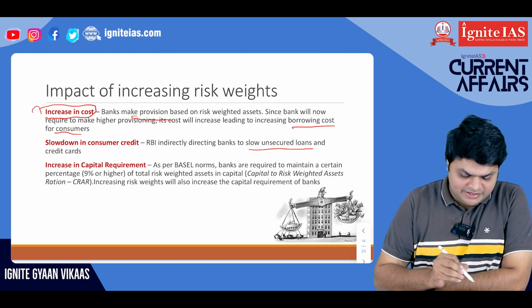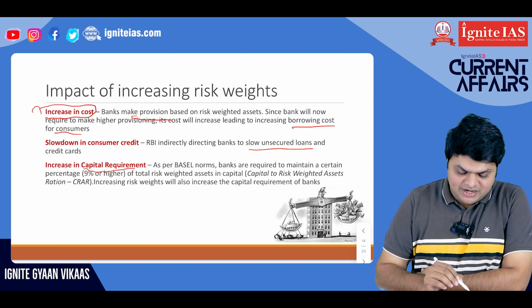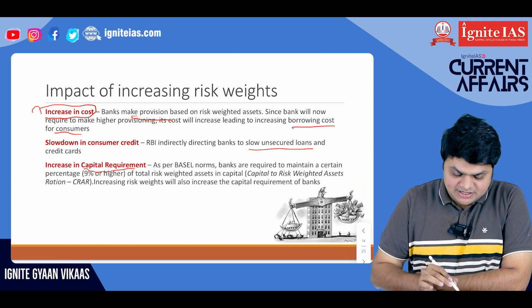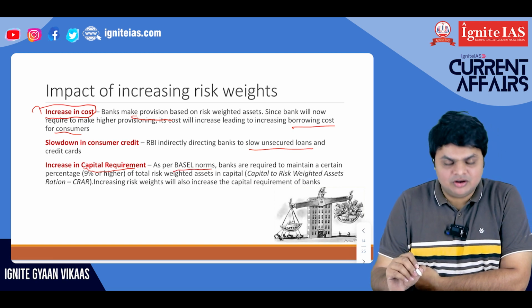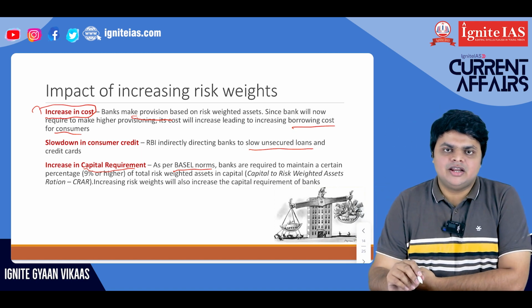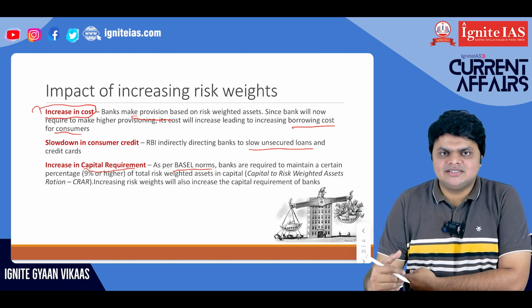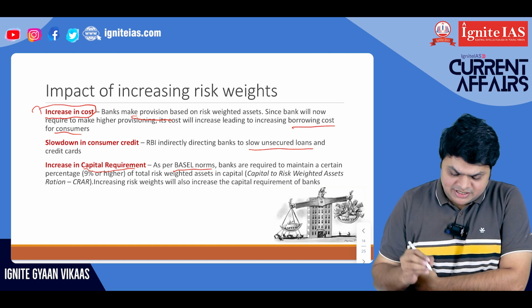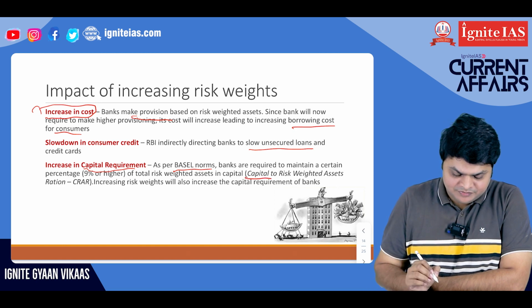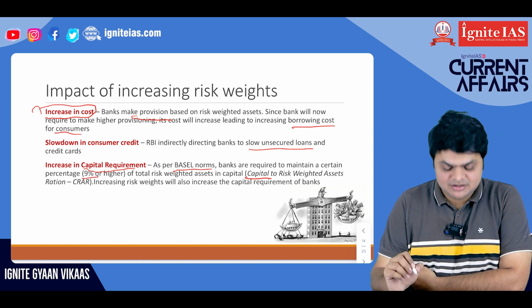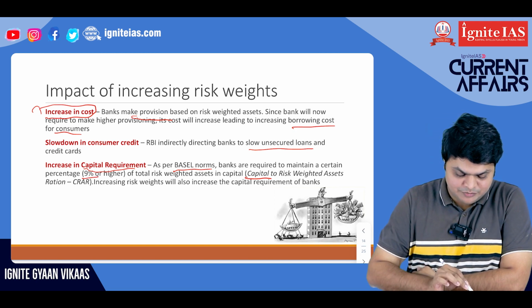Now, one more impact will be an increase in capital requirement. Now, to understand this, let's first understand what Basel norms are. So, Basel norms are issued by an international organization, which is nothing but a society of central bank governors around the world. They have come up with certain standards which a bank should follow to ensure that the bank doesn't go to a bank run or a default. So those are certain minimum capital requirements a bank should have. For example, 9% is the current rate followed by RBI. The capital to risk weighted assets ratio should be 9%.